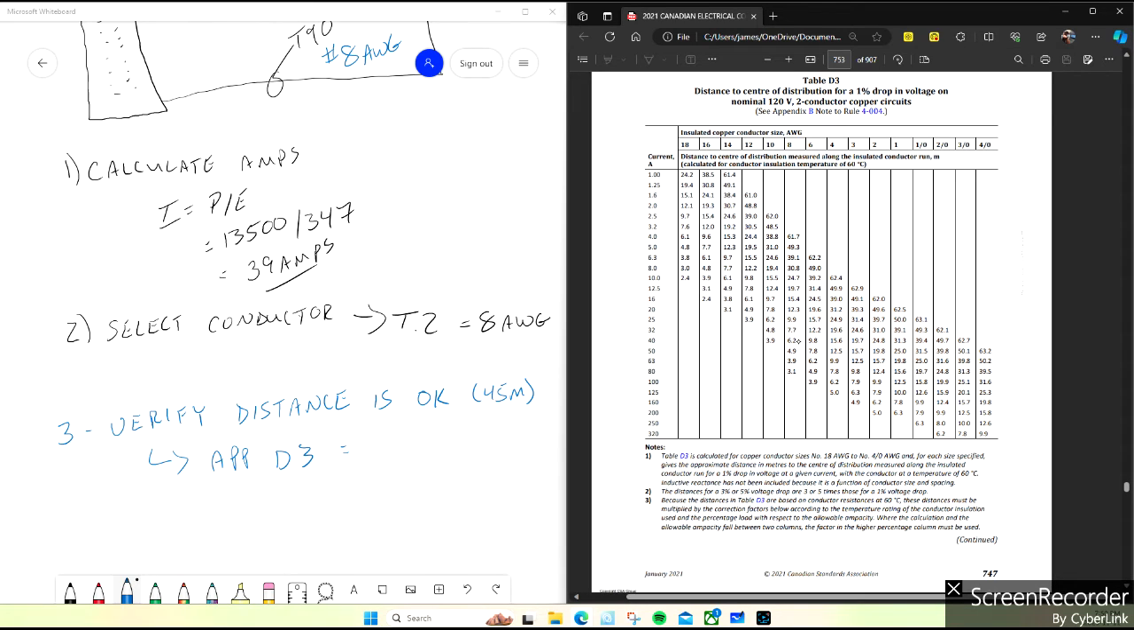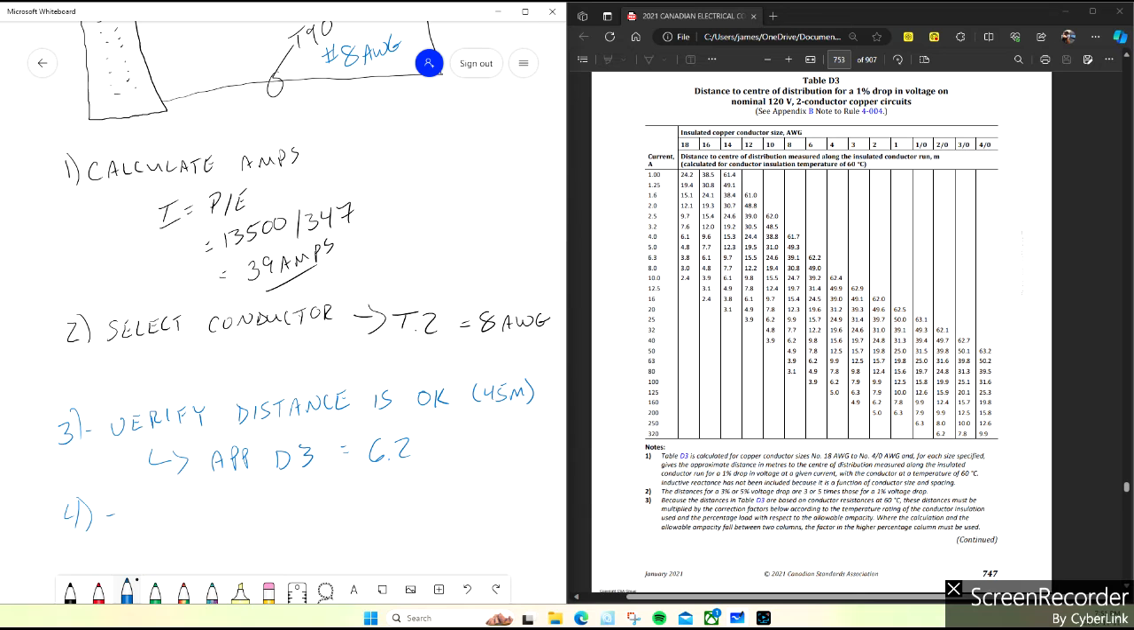All right, so 6.2 is our, I don't like that 6, or 6.2 at 1%. So we can go 6.2 meters on it with 39 amps on it, number 8 at 1% drop. Okay, next,